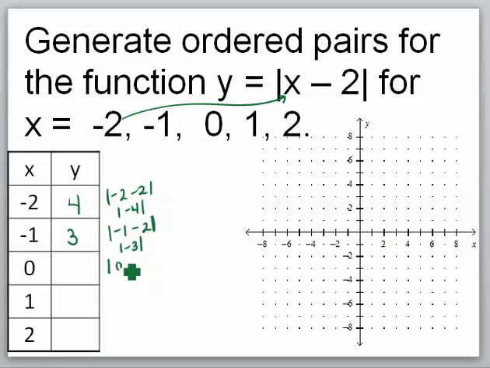Plug in 0. 0 minus 2 is -2. The absolute value of -2 is 2. Plug in 1. 1 minus 2 is -1. Absolute value of -1 is 1. Plug in 2. 2 minus 2 is 0. Absolute value of 0 is 0. If you go ahead and graph these,